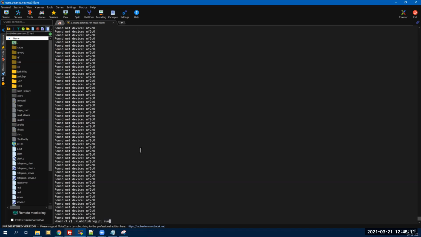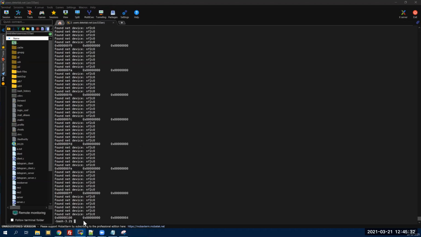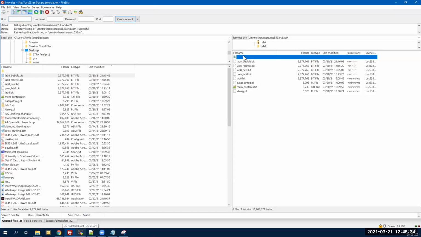Now we give a command to run. Now our assembly code is running, and then we again use the Perl script to generate the data memories log, and we generate a mem contents file.